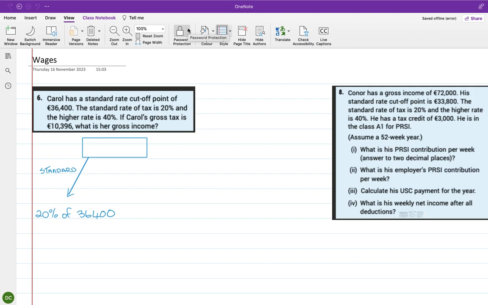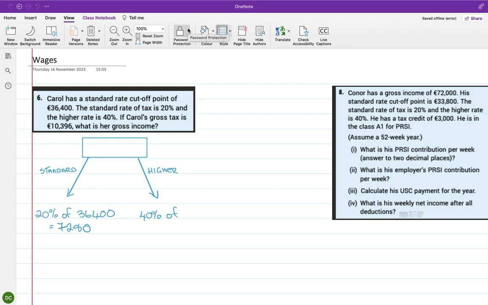So 36,400 multiplied by 20% is 7,280. Then this side we have the higher rate of tax, which is 40%